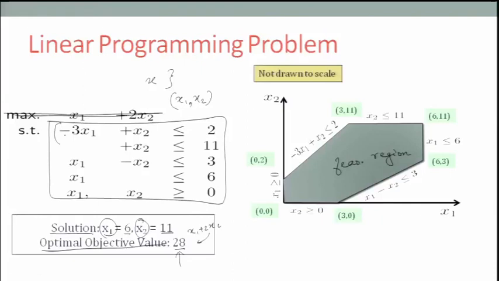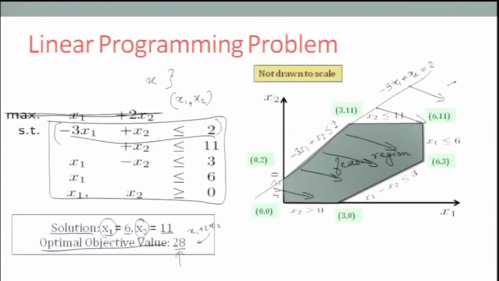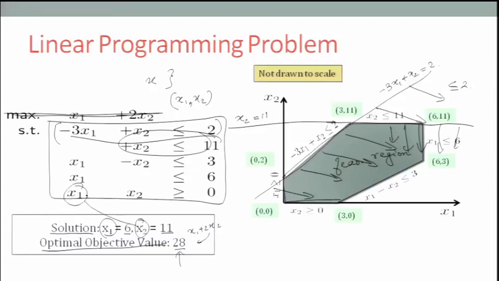So those values have to satisfy minus 3x1 plus x2 less than or equal to 2. And geometrically, if you look at it, it's this straight line. So this straight line is minus 3x1 plus x2 equals 2. And everything to this side of the straight line is less than or equal to 2. Okay, and likewise x2 less than or equal to 11 gives rise to this straight line. The straight line itself is x2 equals 11, and everything below the straight line is x2 less than or equal to 11. Okay, and if you keep going, you see that every constraint gives rise to a side,